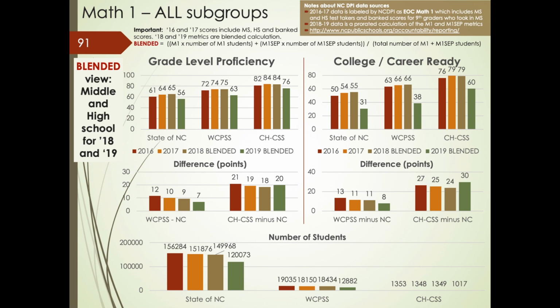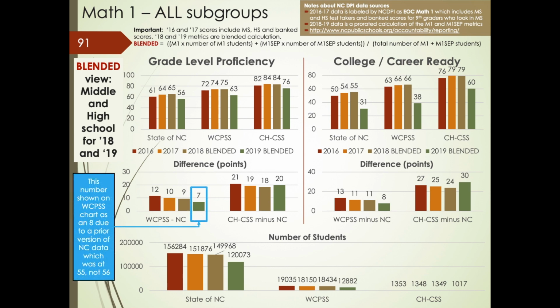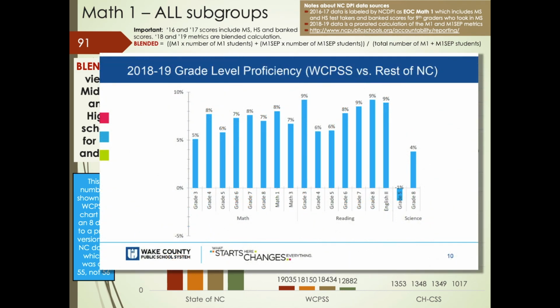So with that said, here are the numbers, and then you will see this number 7. That is the number shown on the Wake County chart that was showing the comparisons between Wake County and the state back at the Board of Education meeting in September. Now, I calculated a 7 here, but you can see Wake County calculated an 8, and there is a reason for that. They used an earlier version of the state number, which made the calculation 8 instead of